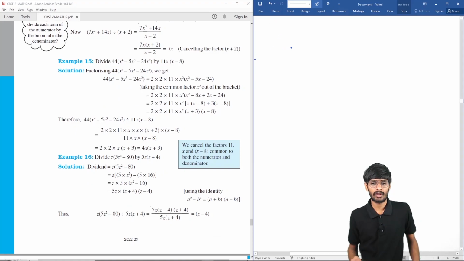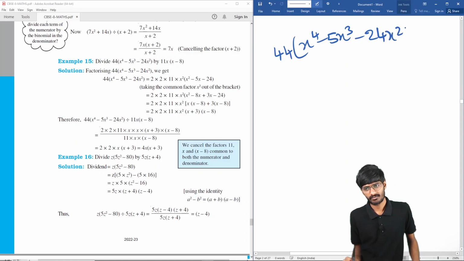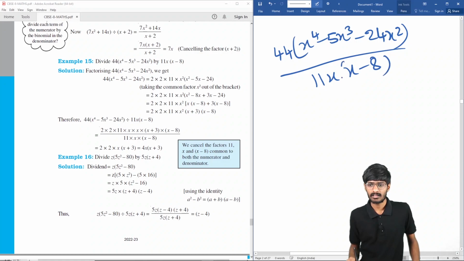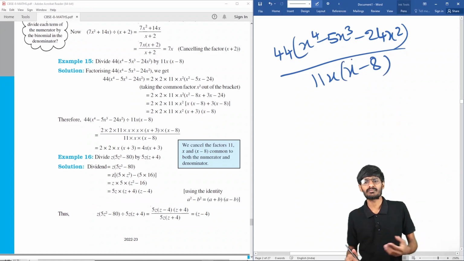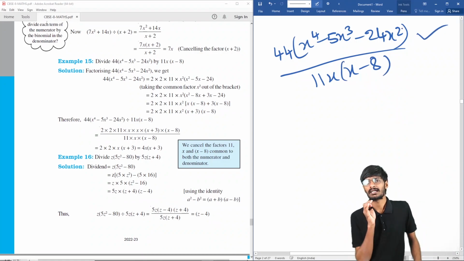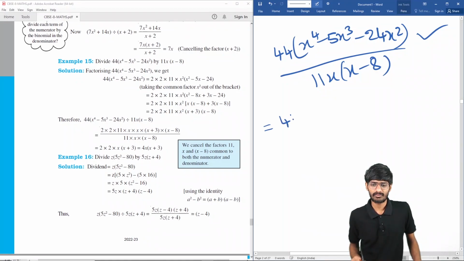So there is an example we have to do. Here 44x^4 minus 5x^3 minus 24x^2. We have to divide it by 11x into (x minus 8). So how to do this task? Simply first write the numerator and try to write it in the irreducible form. So if you write 44x^4 minus 5x^3 minus 24x^2 in the irreducible form,